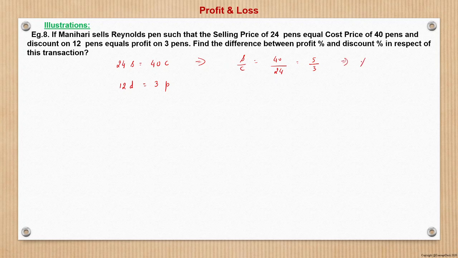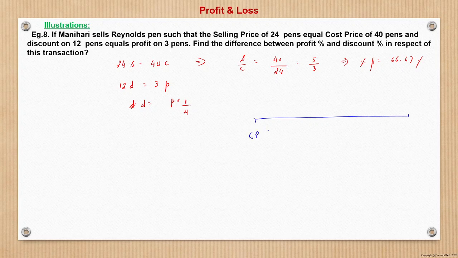So from here we can say percentage profit is nothing but 66.2 by 3, which is 66.67%. And this also means that when CP is 3 rupees, SP is 5 rupees, therefore the profit in absolute terms is 2 rupees, right? And from here we can say that discount is equal to nothing but P into 3 by 12, which is 1 by 4, right? 1 by 4. So now let us pictorially see how the things is.